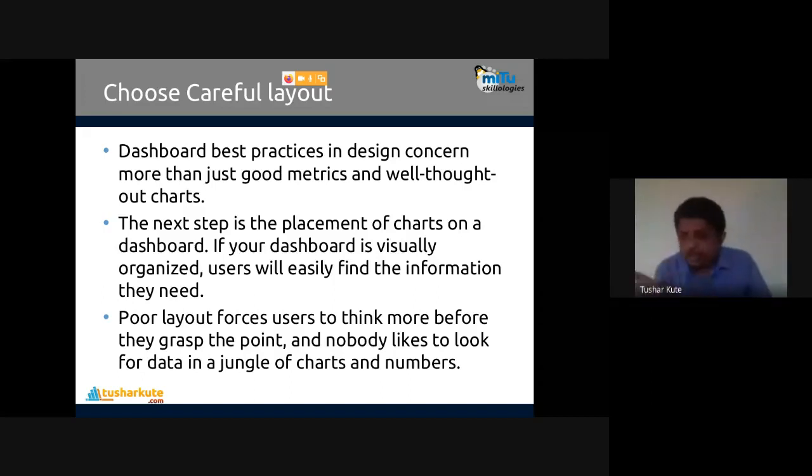They just don't want to look around for where that information is present. It's not like they will take some time to check the information. If it is very complex in terms of visual representation, that's not good. Okay, so the layout should be fine. The examples which I showed in this particular slide are correct. They are ideal versions of dashboards. So the layout was great that we can find.